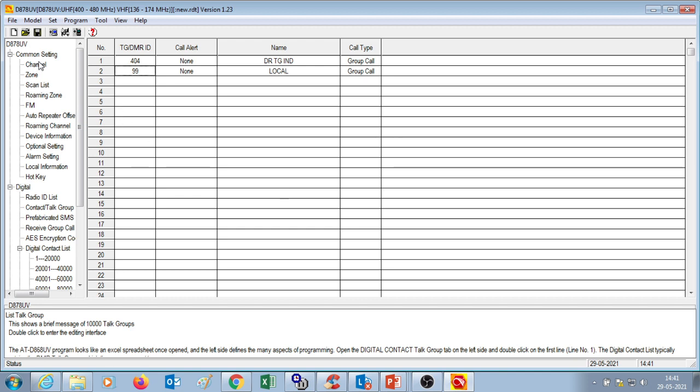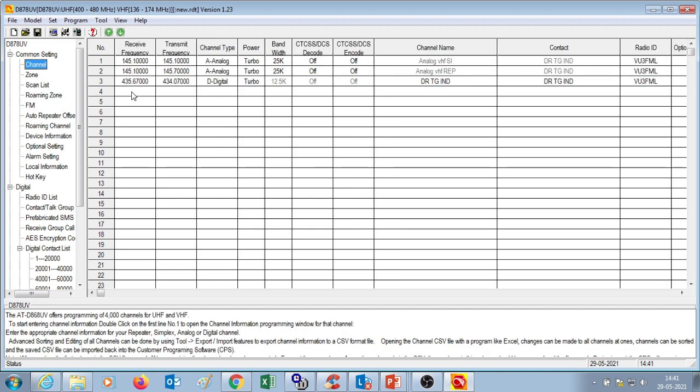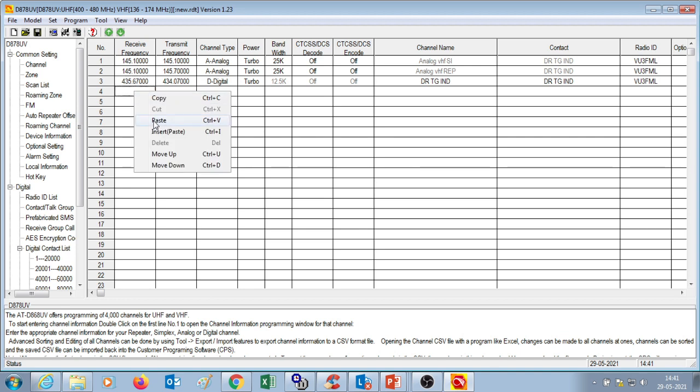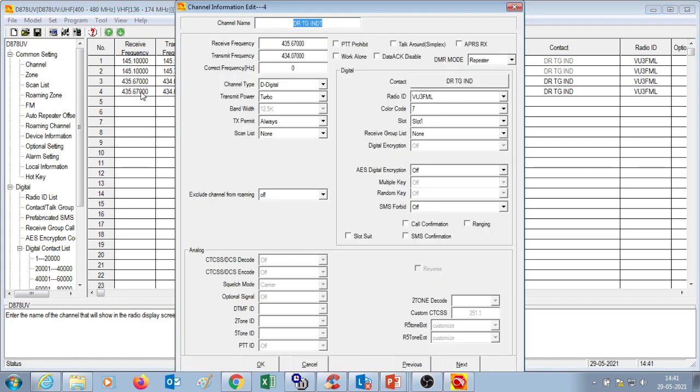Okay, let's go back to channel, and we can now just copy this because most of the information is same. We can copy the earlier channel down below and then double click it. We'll just change this. So for example, digital repeater, maybe you can write local,